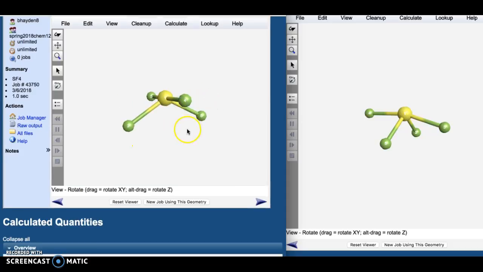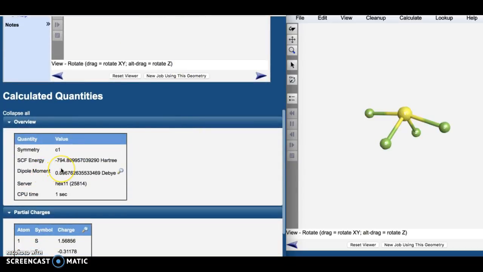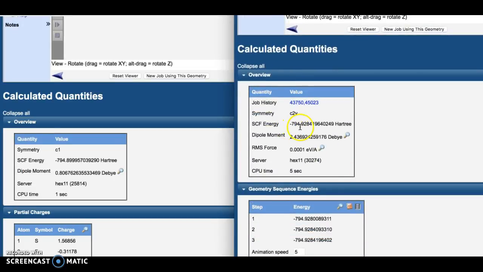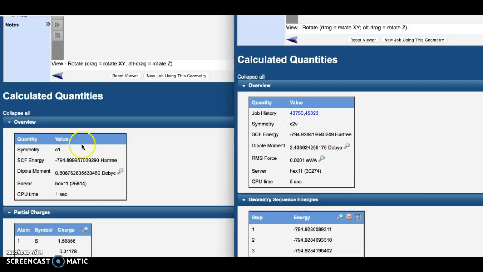So if we scroll down, we would see the SCF energy is negative 794 point, basically 9. And we'll scroll down here, and this would be negative 794.92. So why would the optimized version be a little bigger than, or why would this one be bigger? So the difference is about 0.2, and the difference comes from